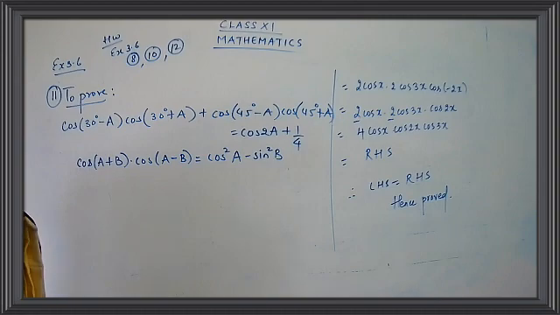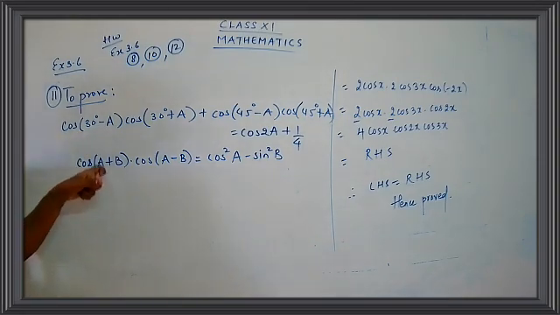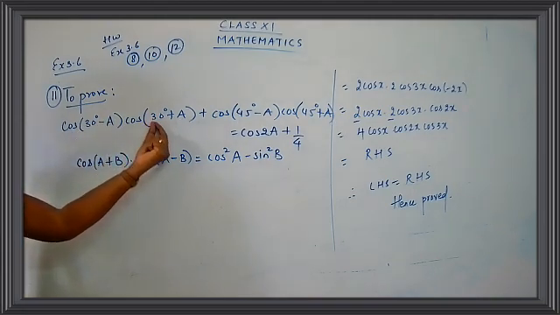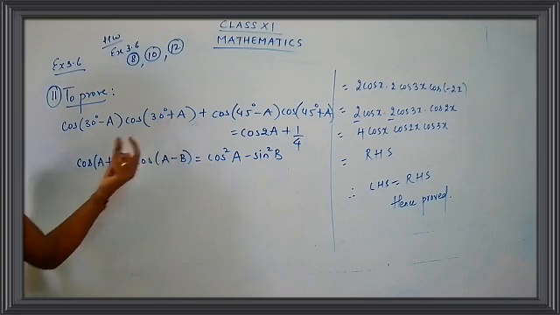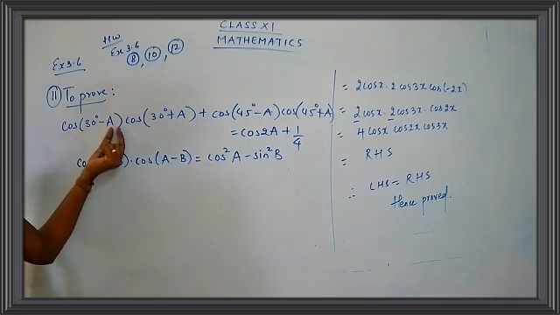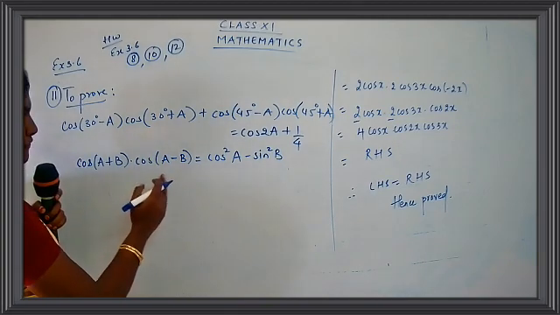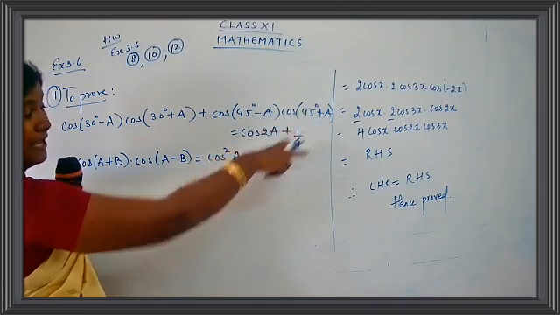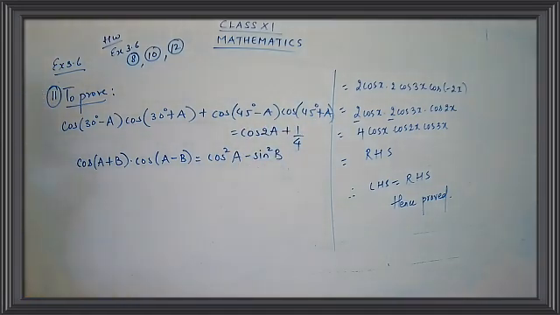What is the formula, children? Cos square a minus sine square b. So what is our a and what is our b, children? The a is 30 degree, and what is b here? B is a. So for cos of a plus b you can just consider this part: a is 30, b is a. A minus b, 30, b is a. And again we can apply the same formula over here. This is a plus b and a minus b, so you have a as 45 degree and b as a. So what is the identity we are going to use over here? We are going to use cos of a plus b into cos of a minus b is equal to cos square a minus sine square b.